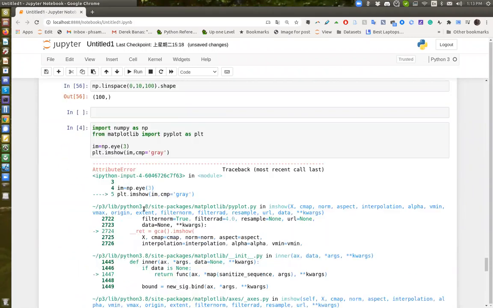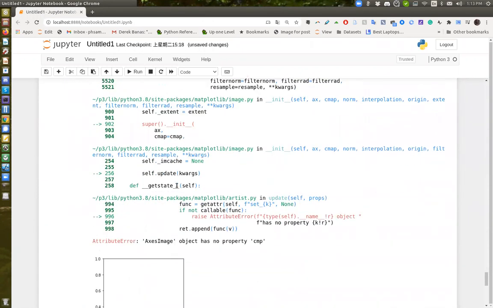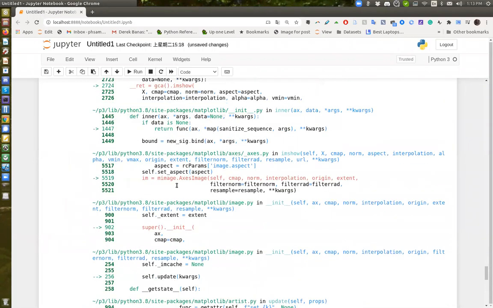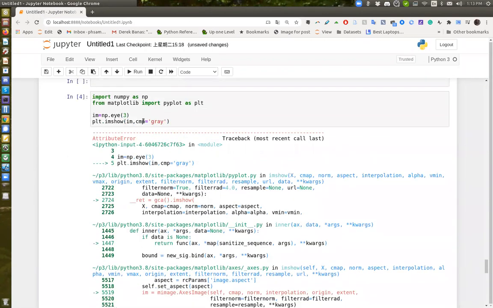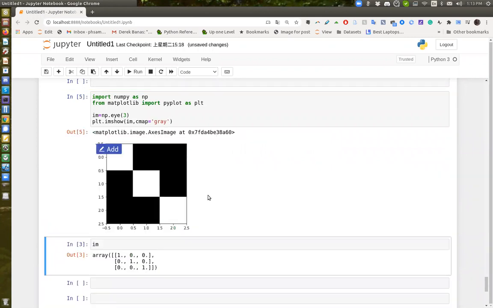Oh yeah, actually I got an error. Let's see why I got an error here. Oh, okay. I'm sorry, I have a typo here because of the column map. So yeah, this